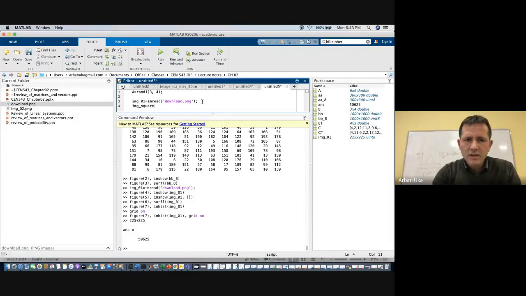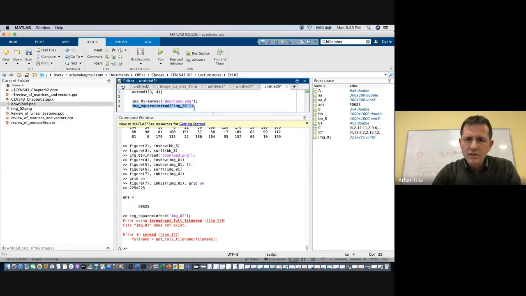image square. I just want to change the name of the file, so that we don't get confused about how we read and how we write functions. So the name of the file can be whatever. So we write here, this is equal to read the image of, and this one can be img02. Let's see what we obtain. So evaluate selection,